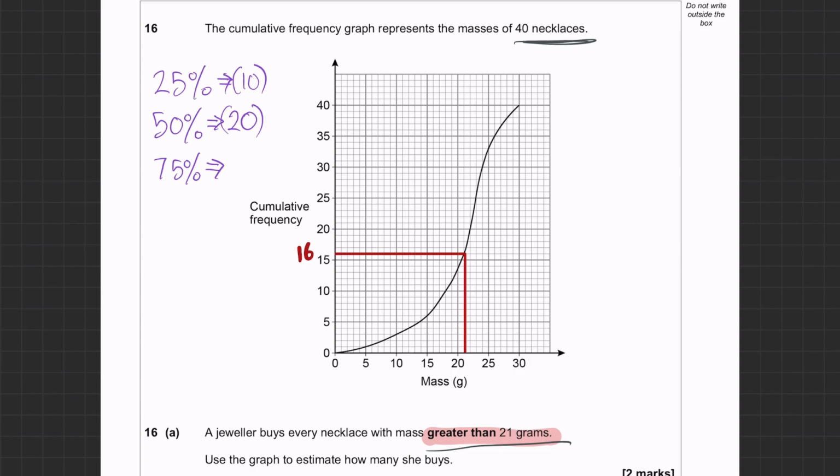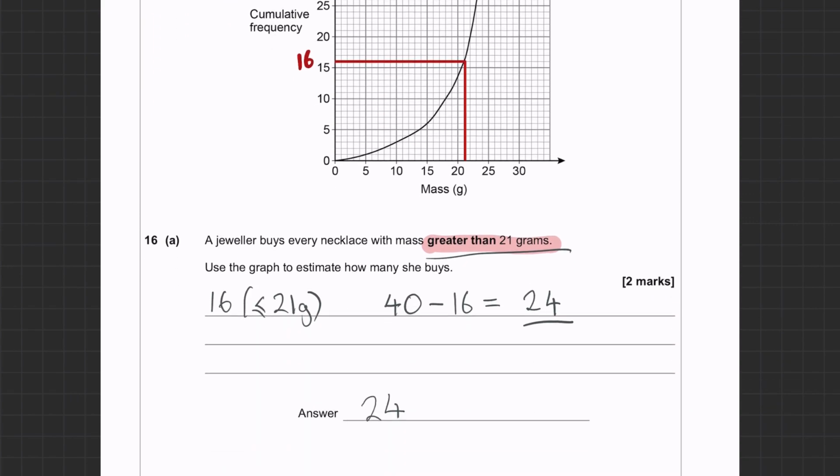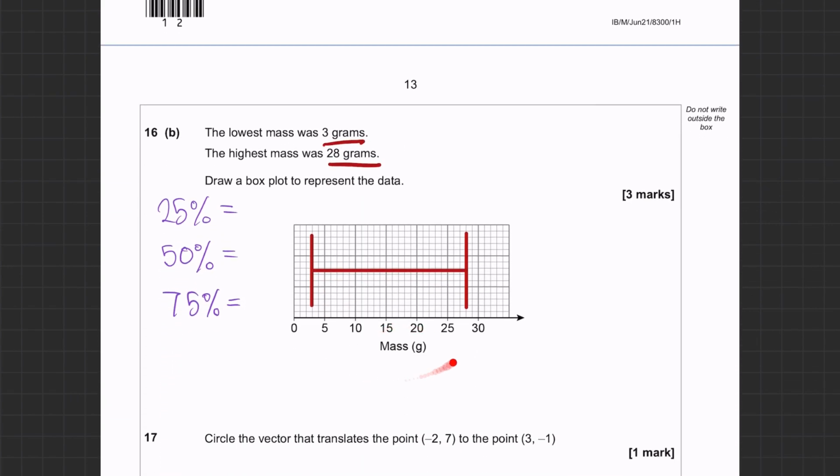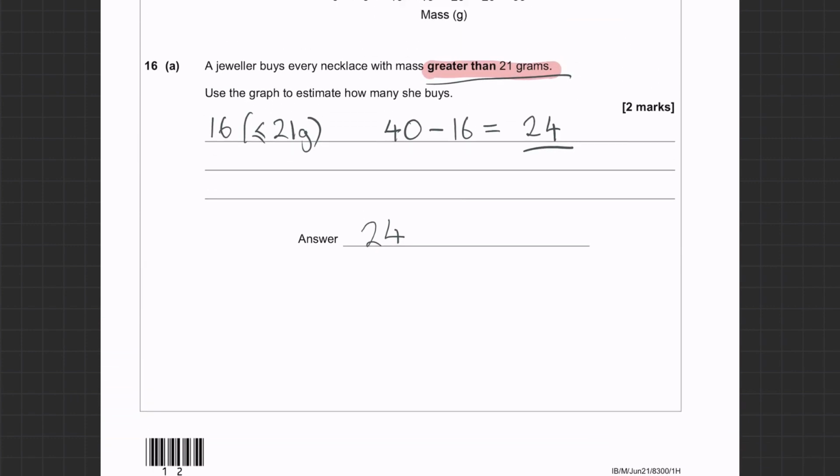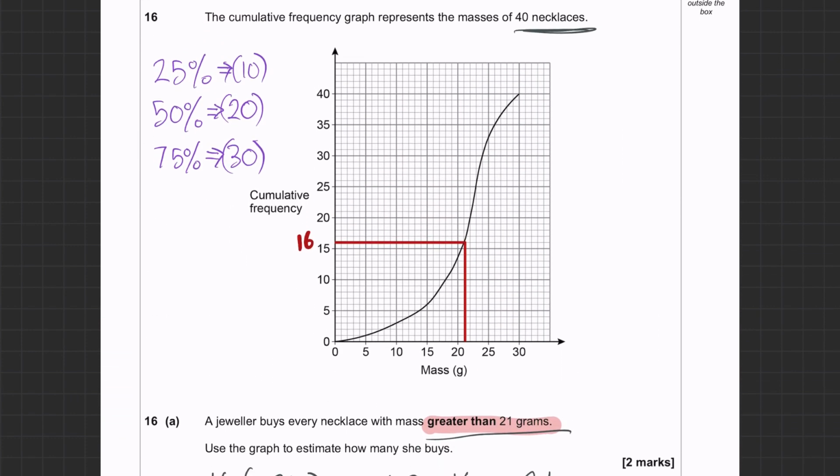And 75% is 30. Now, these are not the values that you're going to input into the box and whisker diagram, because the box and whisker diagram is looking for the grams, the masses. So we're going to use this graph to find the grams using these values. I'm going to draw 25% first, which is 10. We start at 10, move along until it reaches the graph, and then go right down until it reaches the bottom axis,